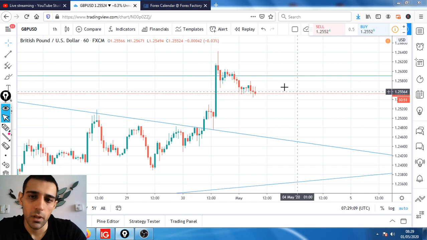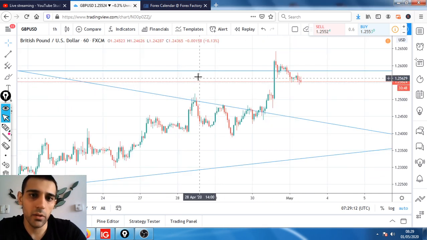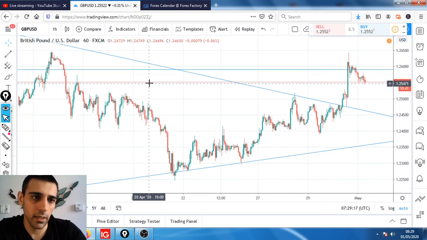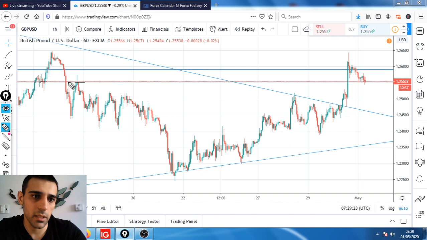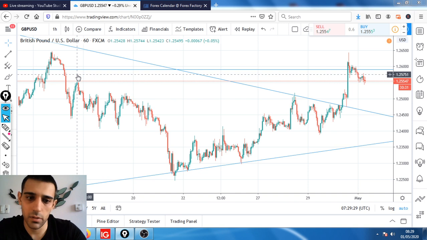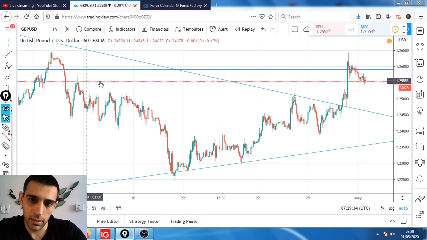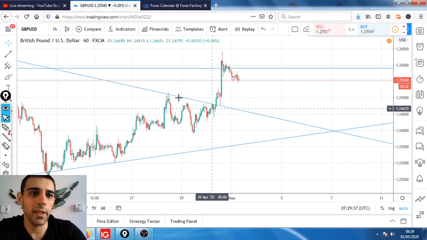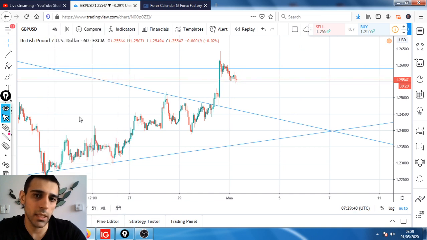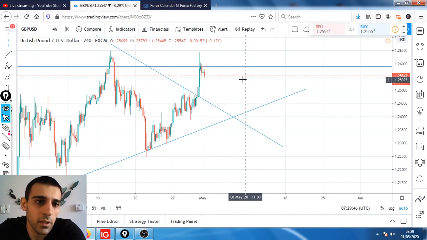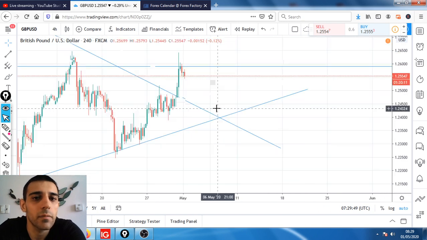For now, I'm just looking for the ways we can use to get onto the long side. So the price is sitting at this level here. We have this nice support down here, but because it happened on the 15th of April, it's more than 2 weeks back. So I need something a bit closer than that. Let me just go back to the 4-hourly time frame and see what we have. Okay, this is the same as what we've seen on the 1-hourly time frame.